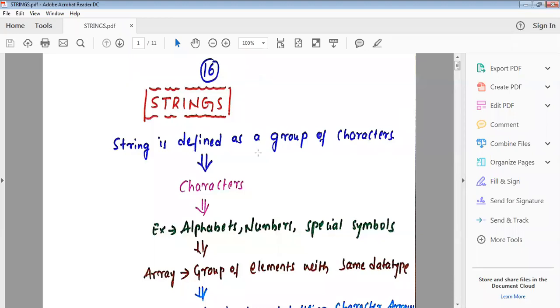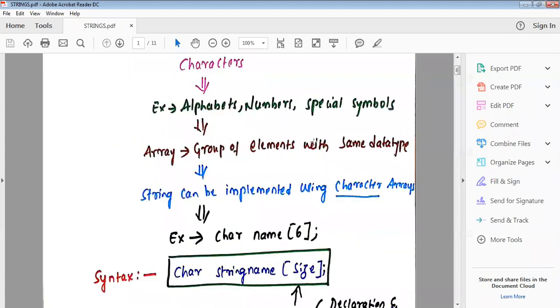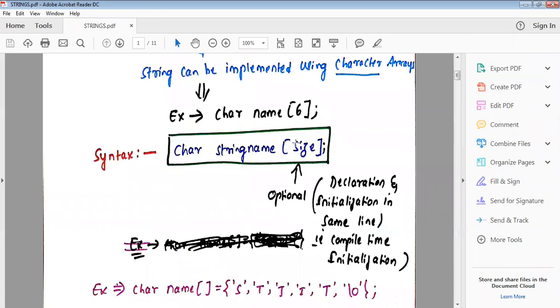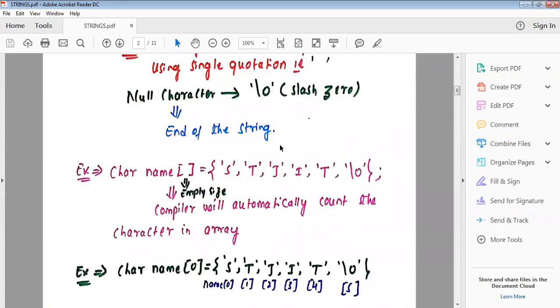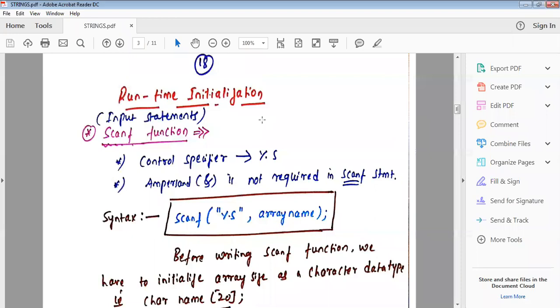Today's class we have discussed strings: the definition of string, character, the syntax of string, compile time initialization and runtime initialization.